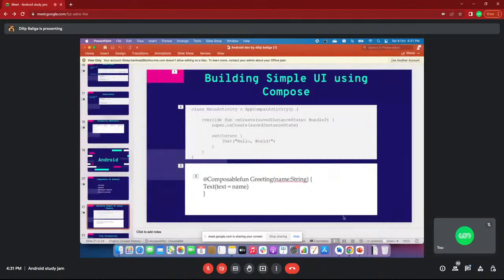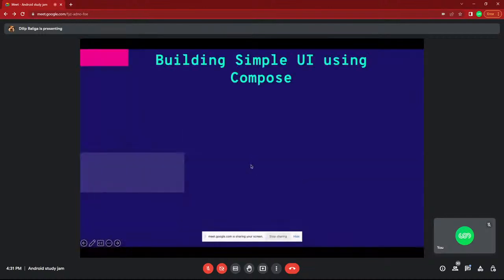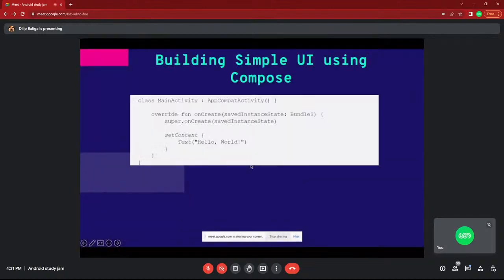Now, see, first this is calling super.onCreate, which means I am calling my superclass onCreate method. Now, setContent. What does it mean?